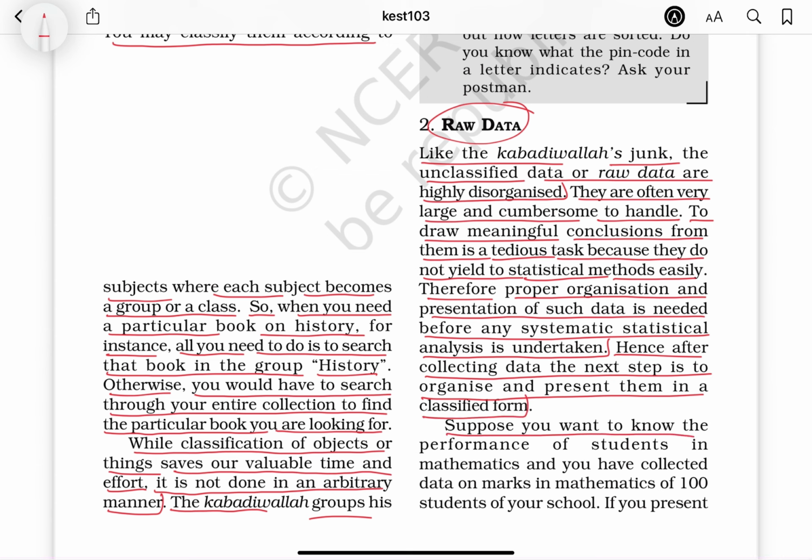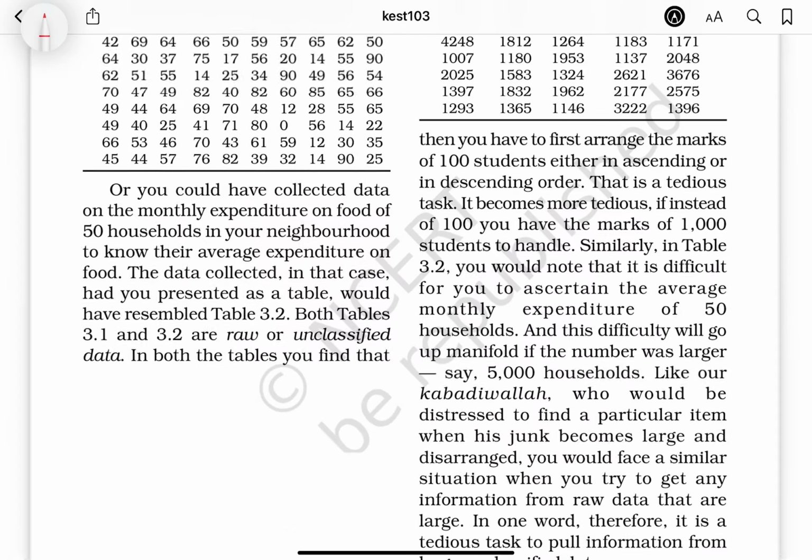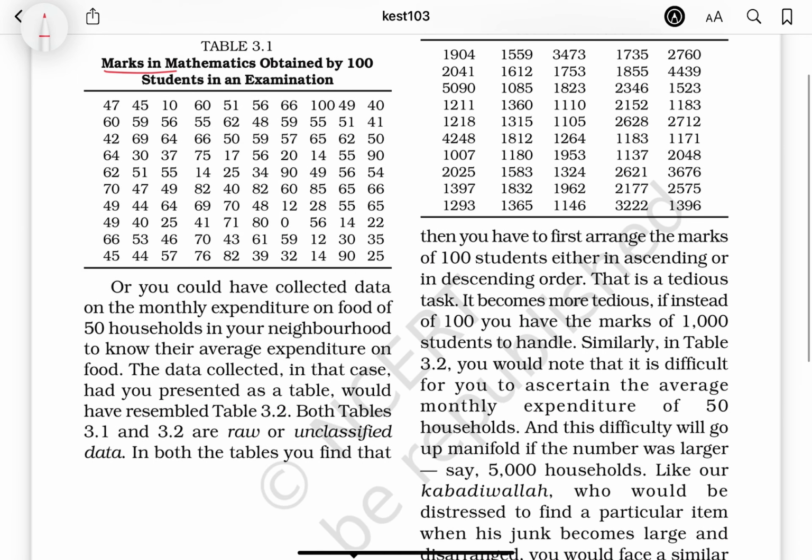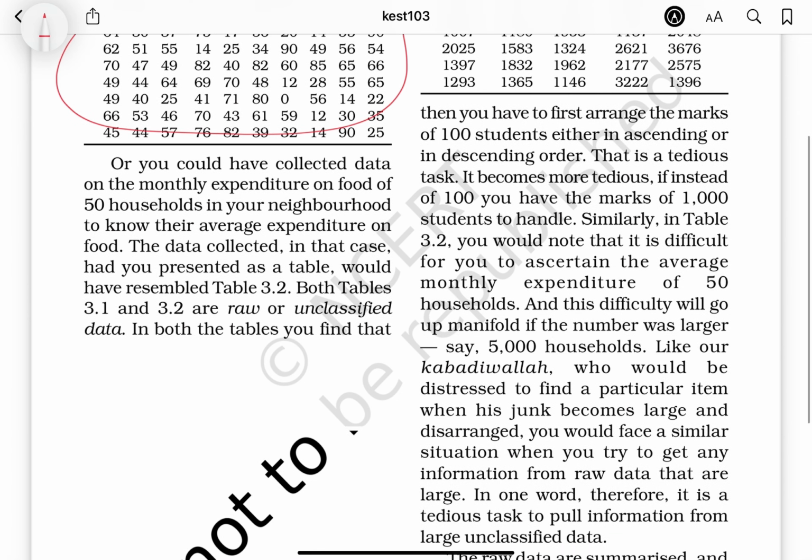Suppose you want to know the performance of students in mathematics and you have collected data on marks in mathematics of 100 students of your school. If you present them as a table, they may appear something like Table 3.1, marks in mathematics obtained by 100 students in an examination. ये सब है मार्क्स ऑब्टेन किए हुए।